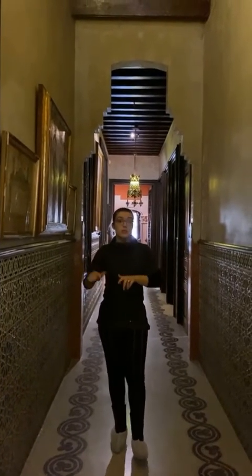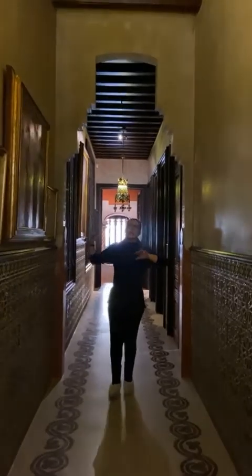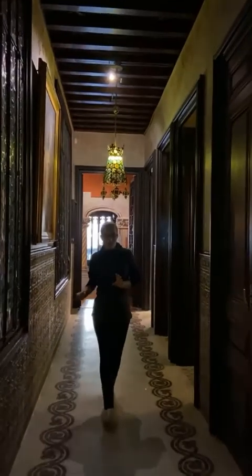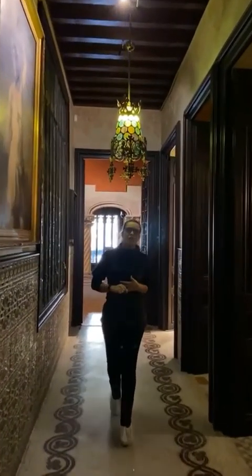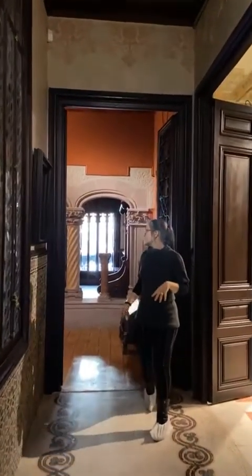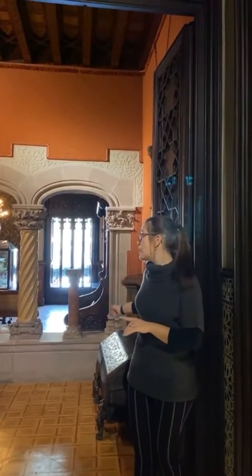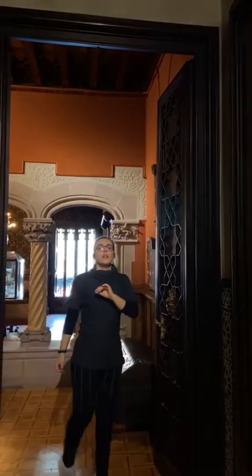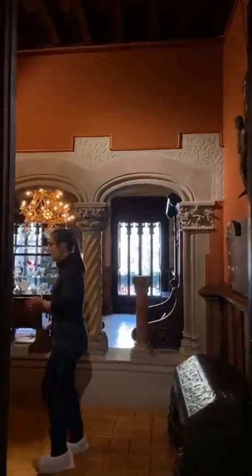In the private spaces, we can find the owner's area and the daughter's area. So, here we can imagine that there were four spaces for him: the private living room, the bedroom, the dressing room, and the bathroom, okay? So, well, in this private living room,